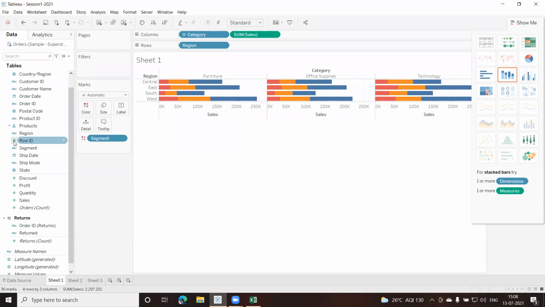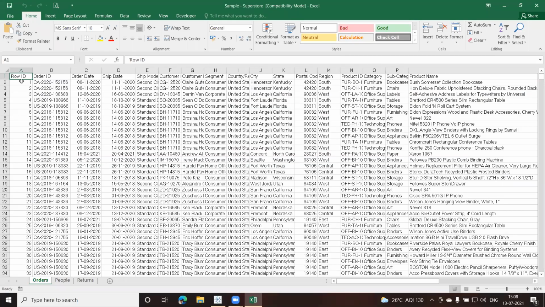But my question is, why is it placed in dimension and not in measures here below? This line is there, as I said. It is dividing it between the two groups, dimension and measures. Even this is numbers, and I showed you that in the Excel file as well. You can see these numbers are there: 1, 2, 3, 4, 5, 6.